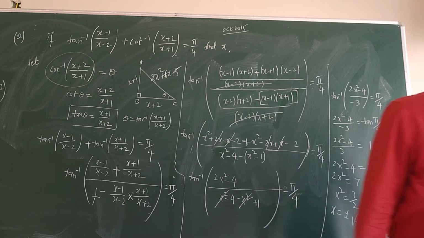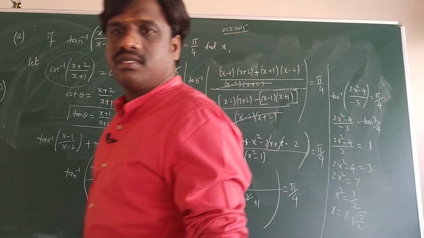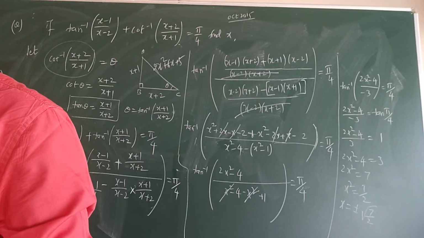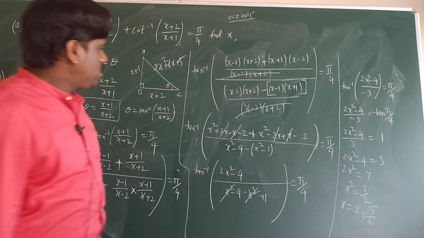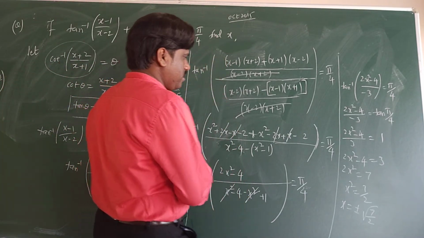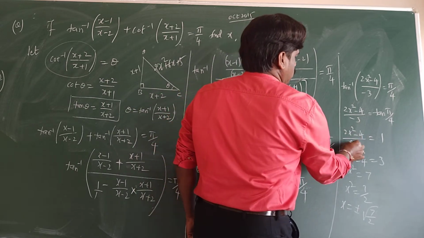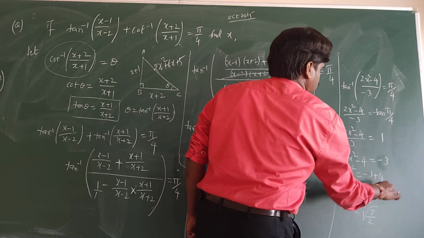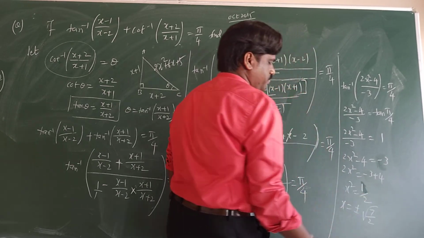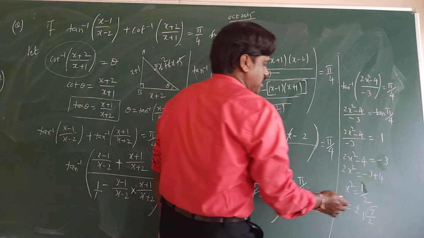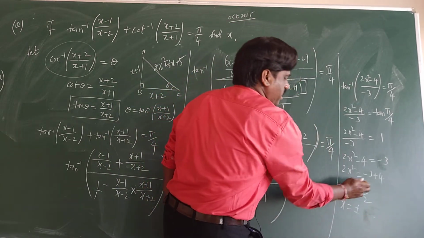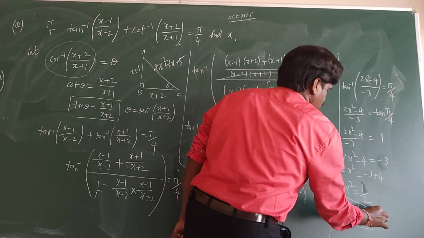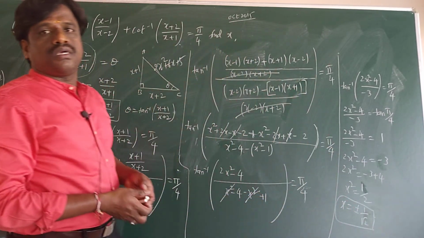I think we have made some mistake. Let me see the calculation. Yeah, I have made some mistake in calculation. Let me see where. This is minus 3, yeah. I forgot to write minus 3 here. So minus into this is minus 3. Minus 3 plus 4, that is 1. So I get 1 by 2. X square is 1 by 2. Square root of 1 by 2 is plus or minus 1 by root 2. So x will be plus or minus 1 by root 2, this is the desired answer. Are you getting it?